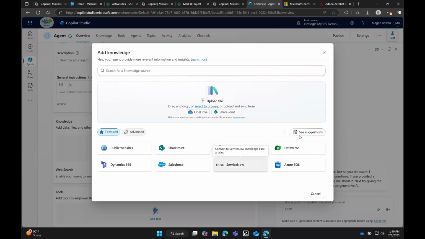Maybe you're using other tools. Now, at the moment, Copilot Studio is really starting to gain its legs and run and get really exciting. So if there isn't a third-party tool that you see yet, stay tuned. They're adding more and more every single week. I come in here and I see a new connector, but a lot of the main connectors are here. And don't forget that you can also add in public websites.